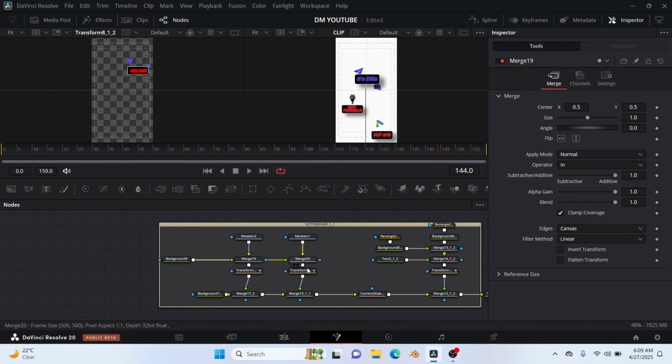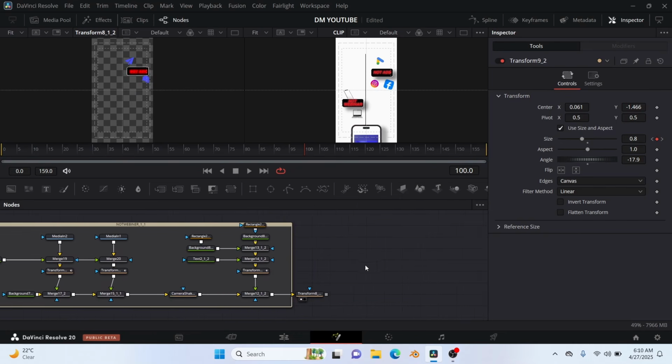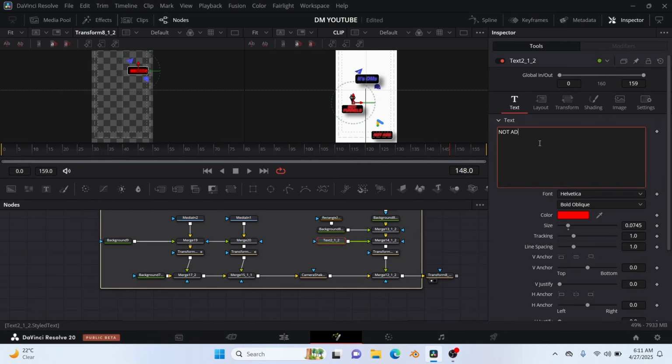So now we have to come to this one, nope, this one, and get this position down here. Seems like the size is too small, so I have to come to this one. This is it. Okay, 0.4 is small, so we are going to use 0.6 here. Maybe 0.8. Good. I think that is better. Good. Then we can just take it down. So with that, we have created that one. You have to come to this text and change it to DM, and the color, you are going to change the color to